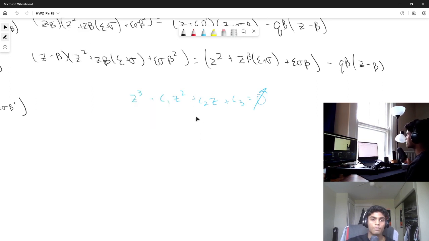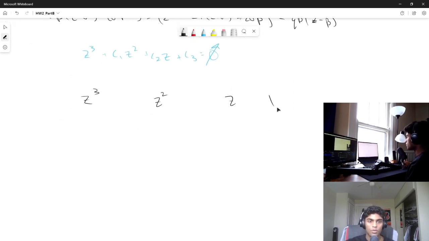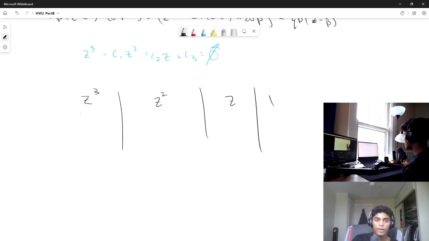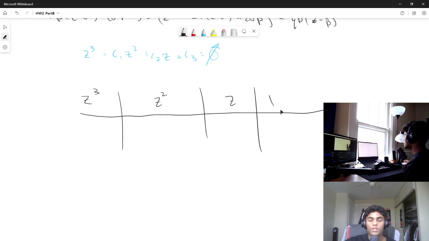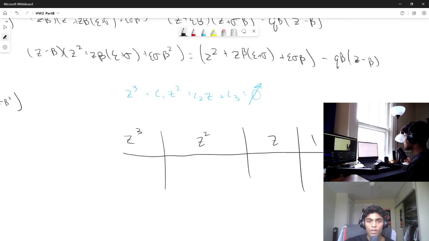Okay, guess no ruler. So let's go ahead and have a z cubed column, a z squared column, a z column, and a 1 column. And this table will serve to find our coefficients for each term. So let's start here. So we have z and z squared, so we're going to have z cubed, the coefficient is